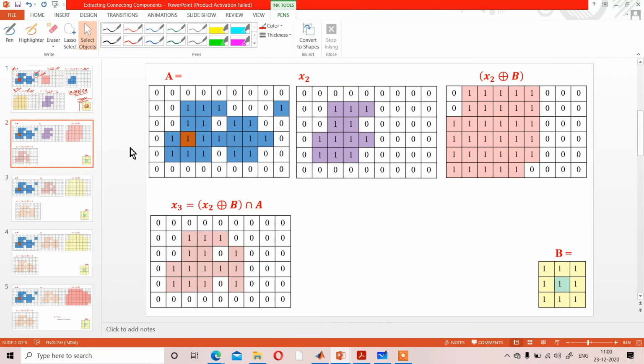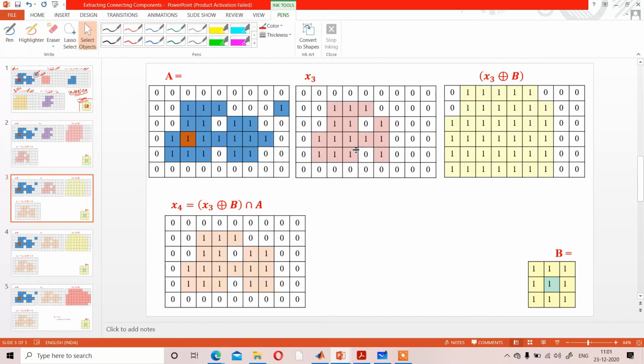Now whenever you have got x2, you have to calculate x3. You have to continue that process until the previous image and the next image are the same. So if we continue this process in the same way, if you calculate x3, x4, x5, you can check it.